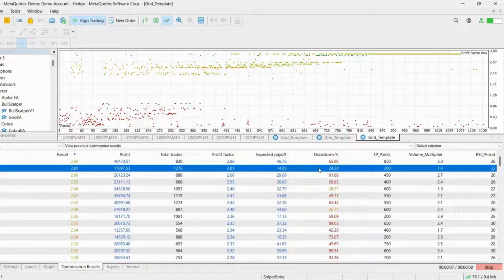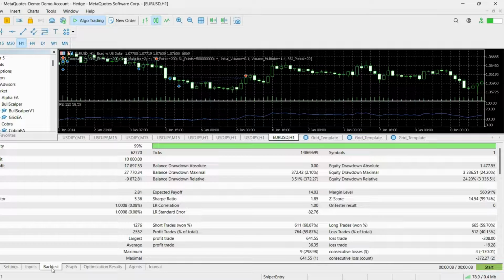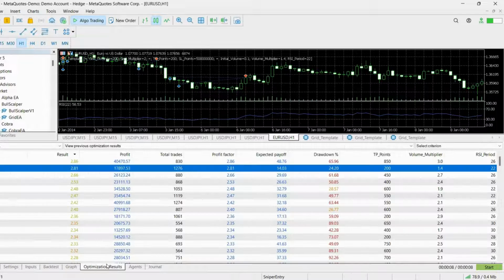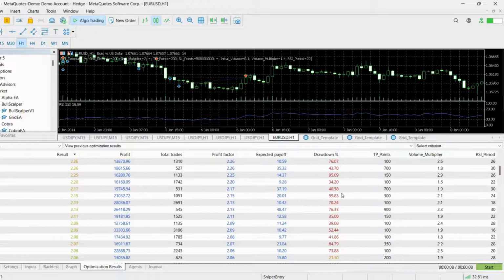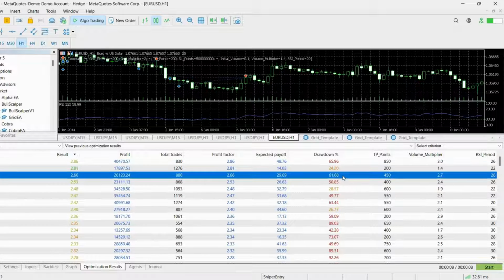Okay, so this right here looks perfect to me. I would maybe think about using this EA or this set of settings, because being profitable over the last 10 years with such low drawdown, that's something